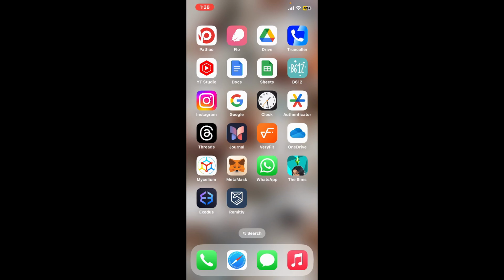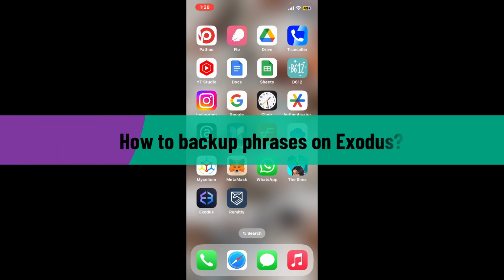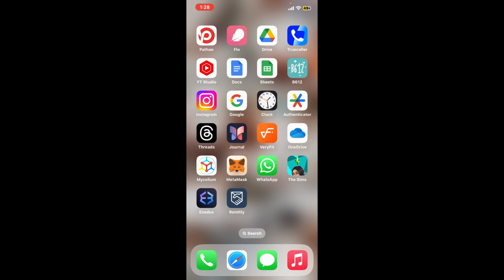In this video, we are going to be learning how to back up phrases on Exodus. It is crucial for your wallet to back up your recovery phrases whenever you want to restore your wallet in case of loss or damage on your device. So in order to back up your recovery phrases, the process is quite easy, so watch until the end of